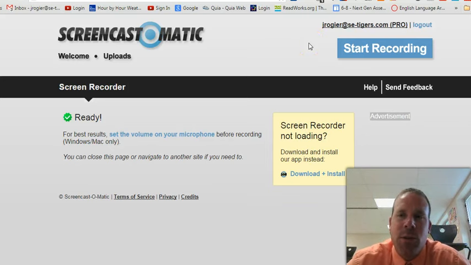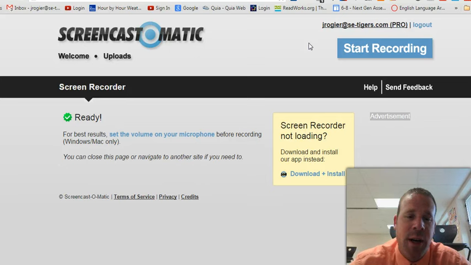What I really like about it too is the integrated camera feature. It's pretty cool because you can walk around the classroom giving a lesson at the same time, and your head and your voice are up on screen for the students to see too. You really have an all-around presence in the classroom, and it really does help with student production. It really keeps them on task. And so I just want to show a little bit about Screencast-o-matic.